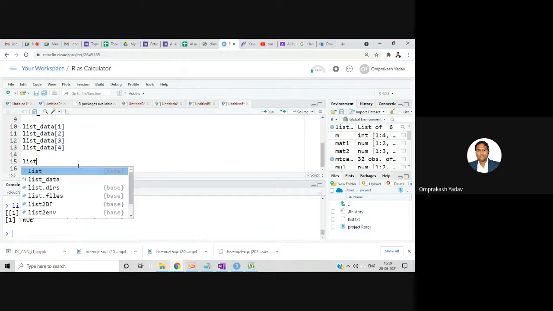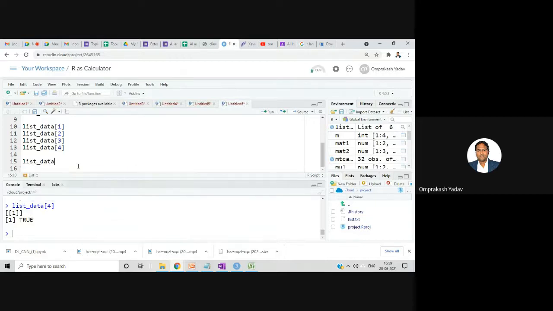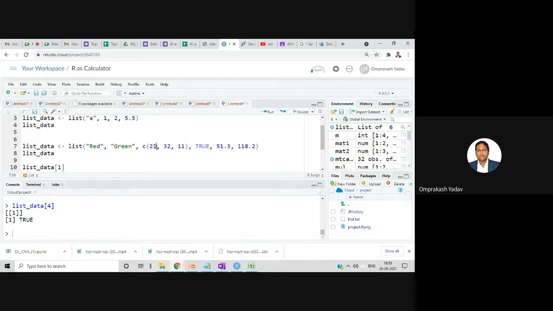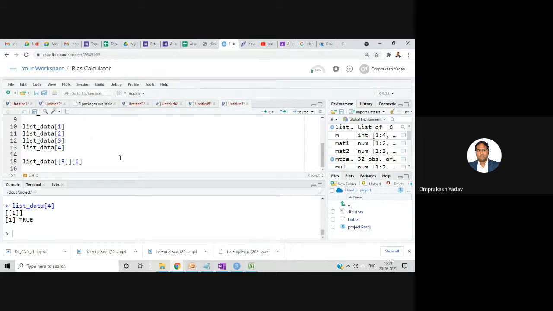list of data. Now the syntax is a little bit different over here. I mean, it's the square bracket only. For example, we mention first in the list, which is that number. So it's at third position. Then after that, of that, which element you want, we can mention that way. Like for example, if I am mentioning 1, so it should give me this 21. So let's execute this. Okay.